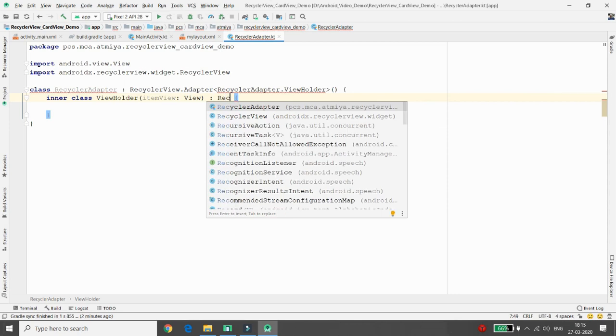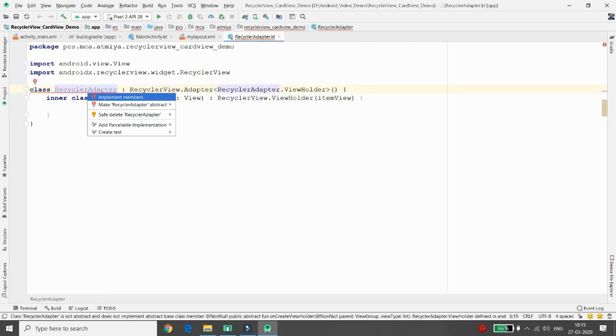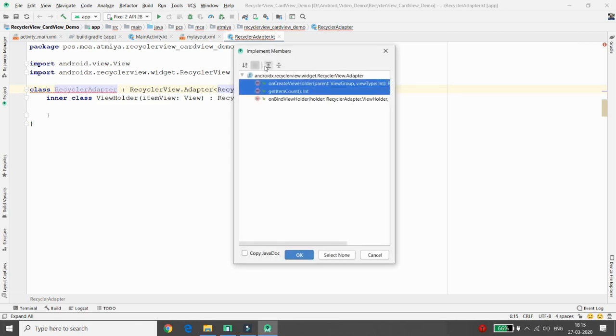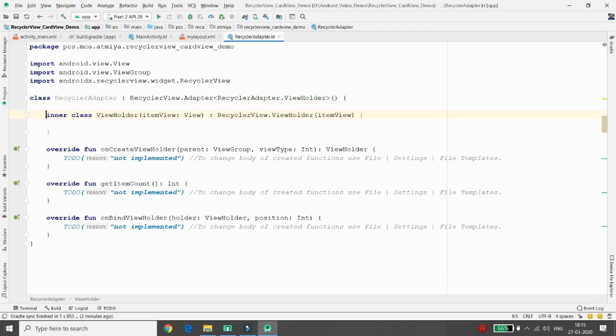I want this in recycler view dot view holder, and here in view holder you can just pass your item view. Once it is done, you need to override the three methods of the recycler adapter, and those three methods are create view holder, get item count, and bind view holder. Here in inner class we need to define all these things, but before this